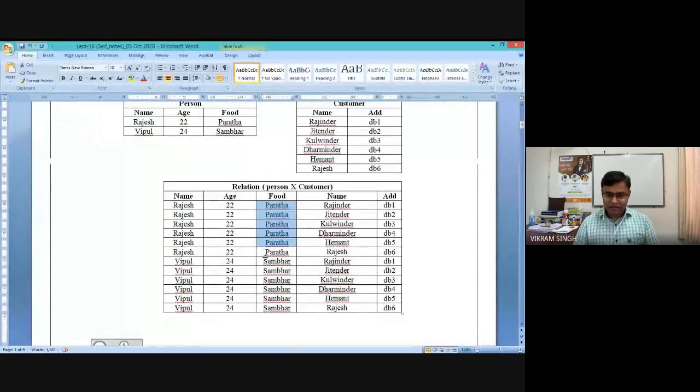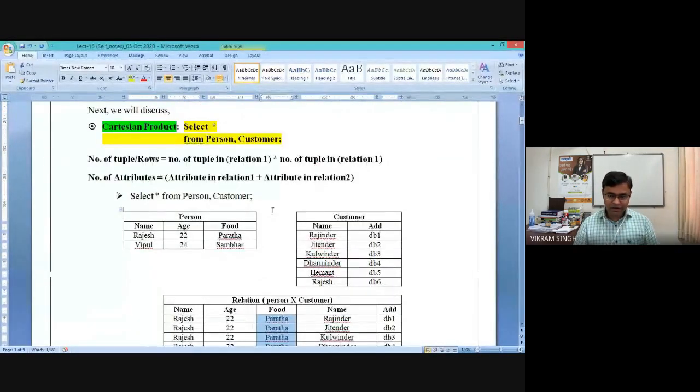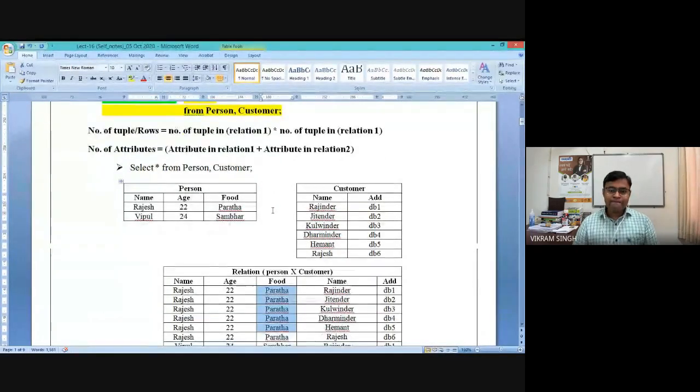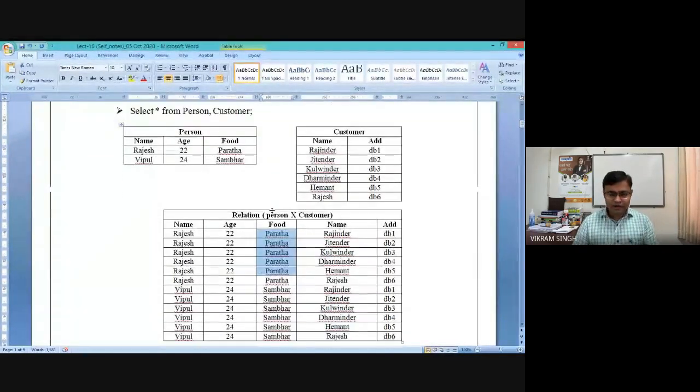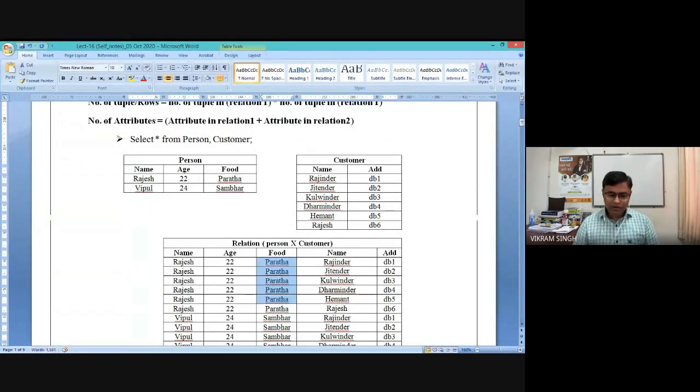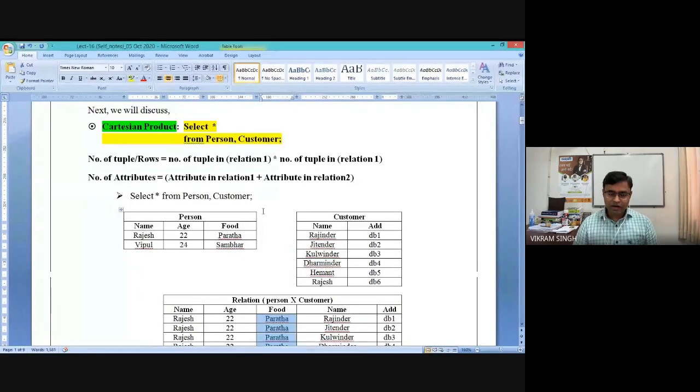That's a very important part in the execution of a retrieval query. It is multiplication between the combination of tuples from the participating relations. Now you can simply derive the number of tuples possible in this resulting relation.